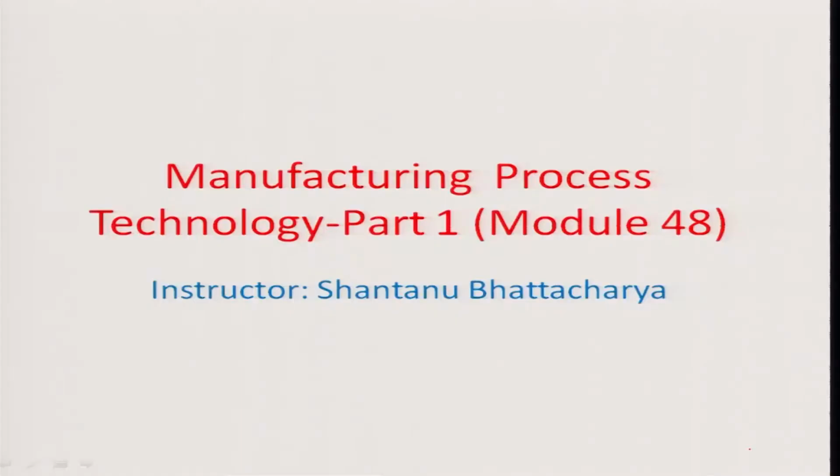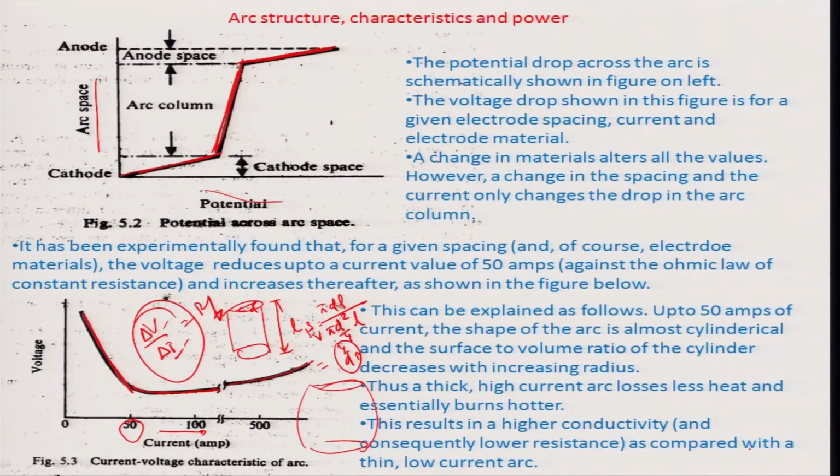Hello and welcome to this manufacturing process technology part 1 module 48. So we were actually talking about arc welding processes and particularly describing the voltage drop across an arc. So we tried to find out what is the relationship between the arc space. For example, this is the cathode space, this is the arc column, this is the anode space, and the respective voltage drops, where we actually